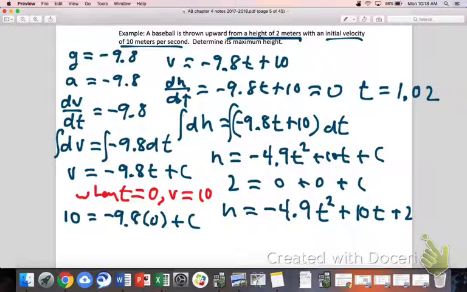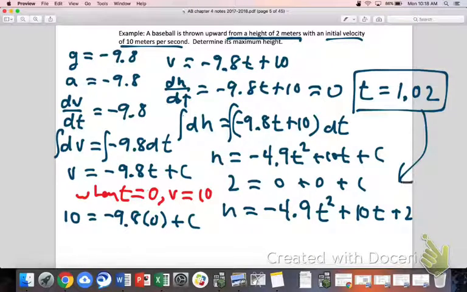And then to actually find the height, wouldn't we have to take the t equals 1.02 and plug it in for t in the h function? So you could finally say h of 1.02 equals, and it's going to be roughly